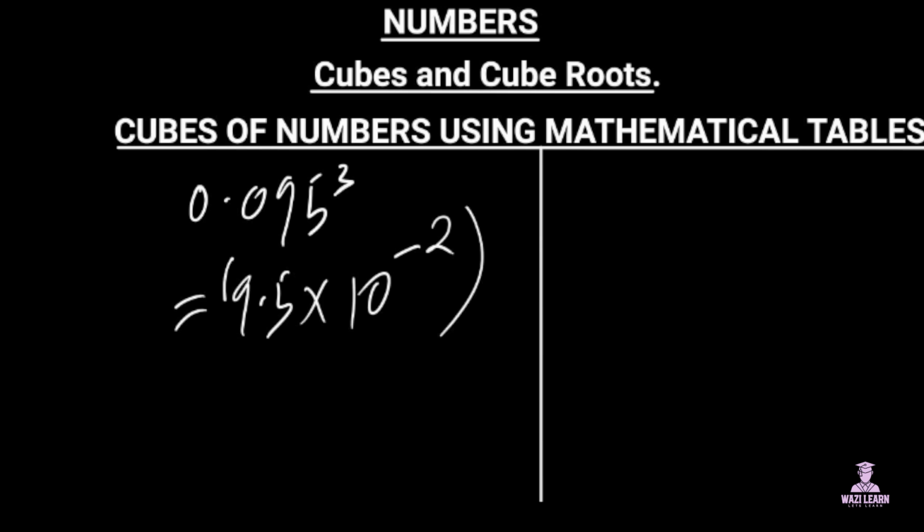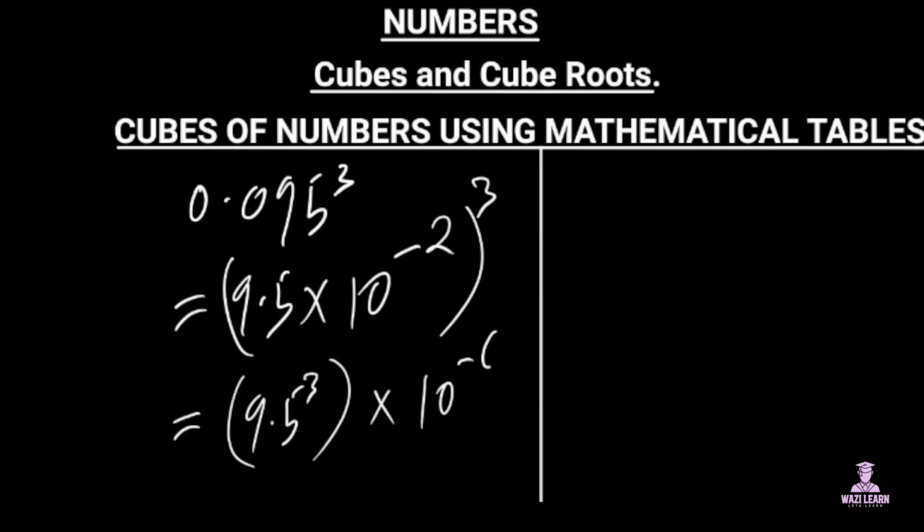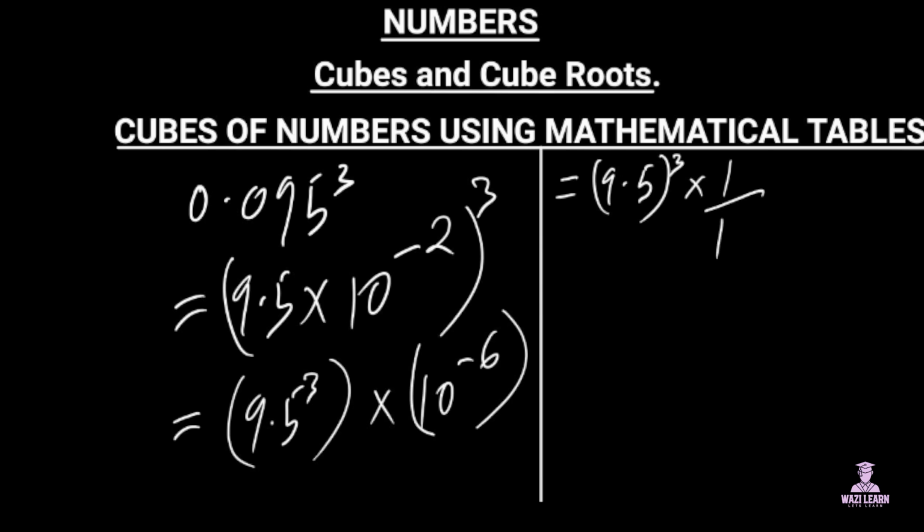So you find the cube of all of this. This is the same as saying 9.5 cubed times 10 raised to negative 6, just multiplying the powers. So this is the same as 9.5 cubed times 1 over 10